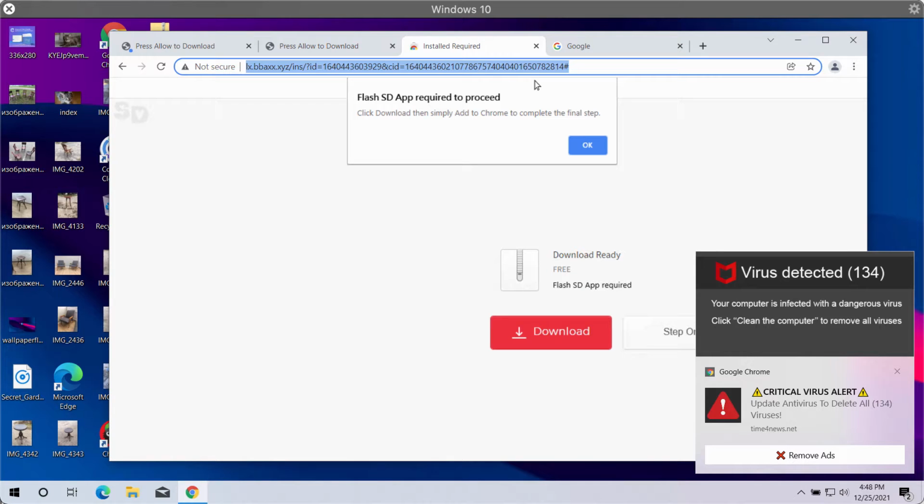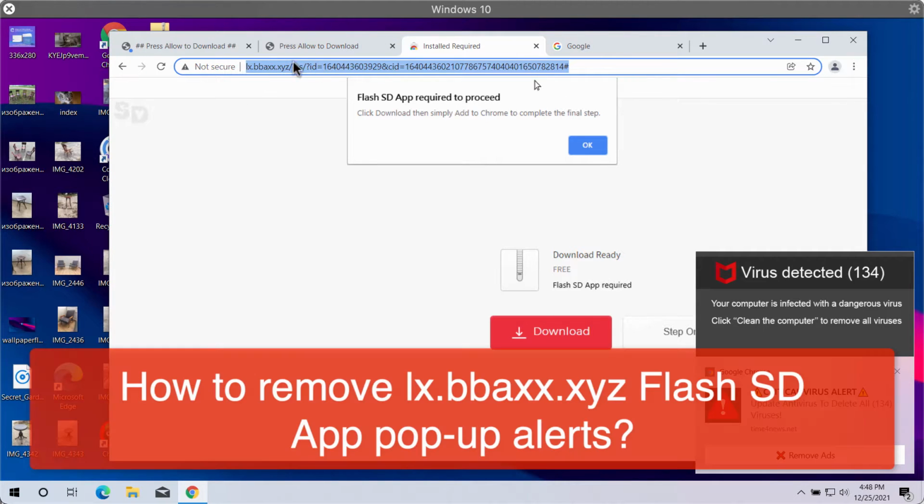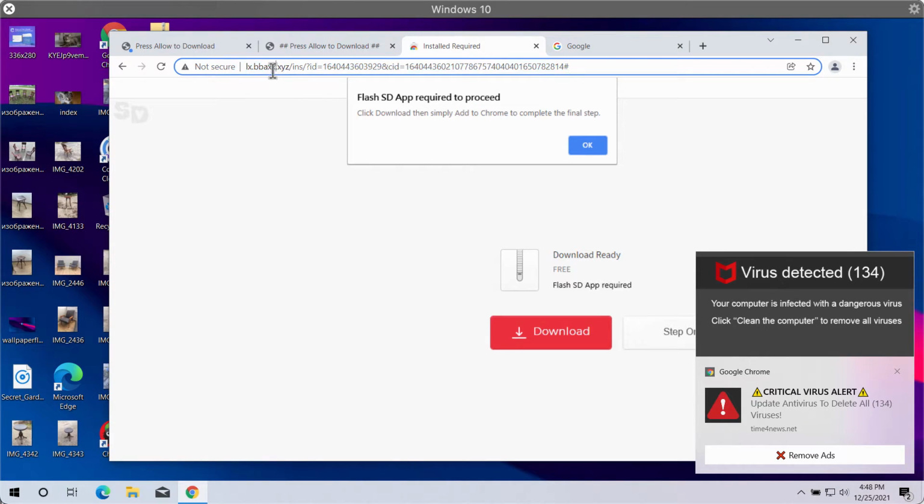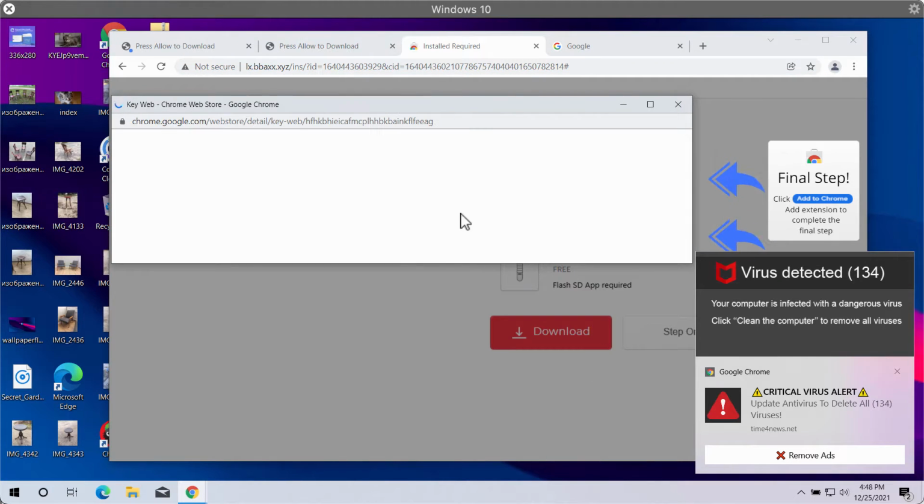My video guide will provide you with detailed instructions that will help you to remove the misleading pop-ups which are presented as fake browser update alerts. Currently, these fake alerts come from the site bbaxx.xyz. This is a deceptive website that tries to infect your Google Chrome browser and to force you into downloading